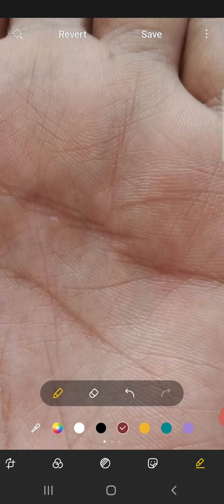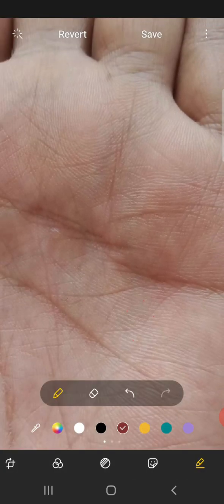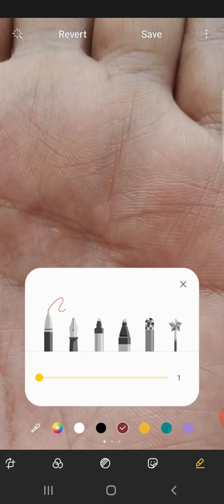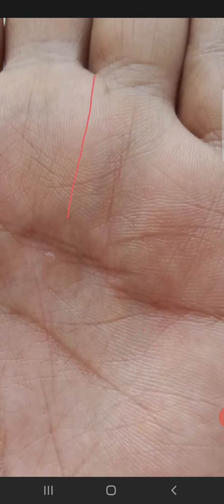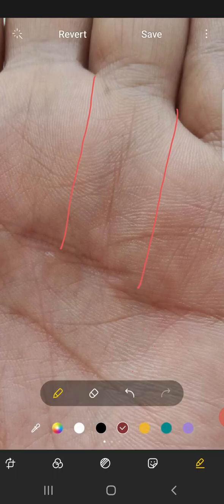I think I just explained it briefly, but I did not go into details. So today we will learn Badha Rekha in the sunline or on the sun mount. So let me again draw here. This is the sun mount. Okay. So if you can see here,